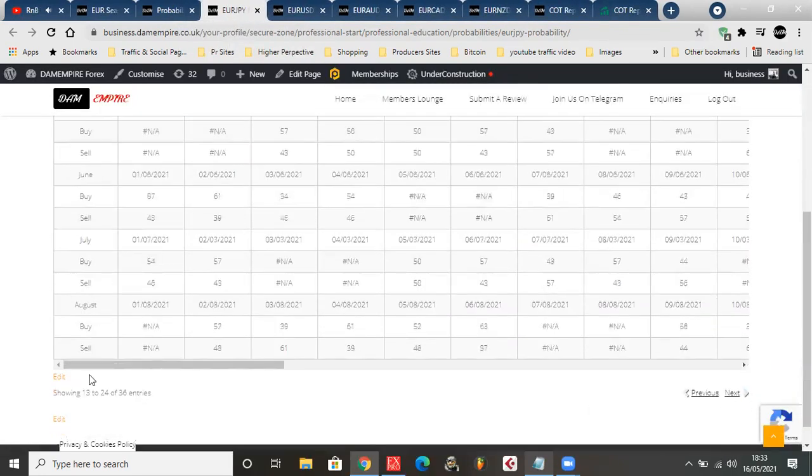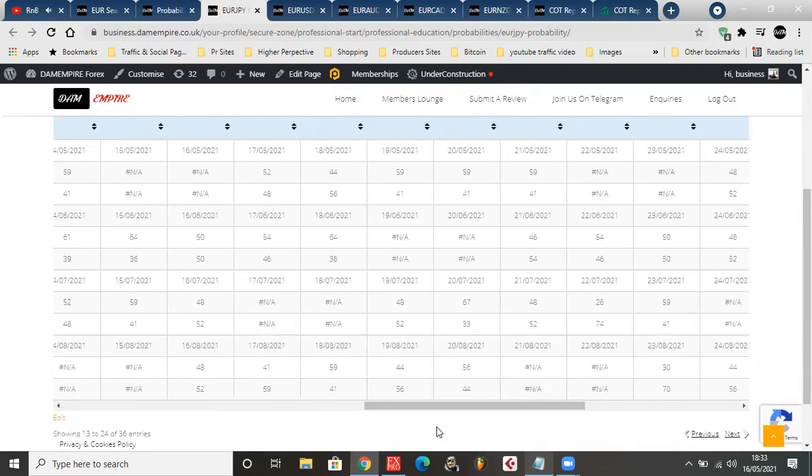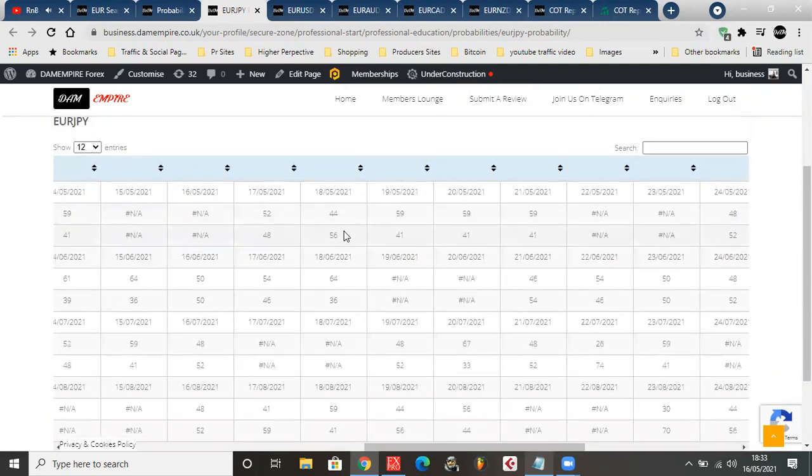Let's check euro JPY. This is a challenge you face sometimes. Everything doesn't really align the way you want it, so sometimes you just have to let the trade go. Just get the satisfaction of seeing it do what you wanted it to do. But because the probability data only comes out once every year, before this catches up, it's going to be a while. So with this, it doesn't look good as well.